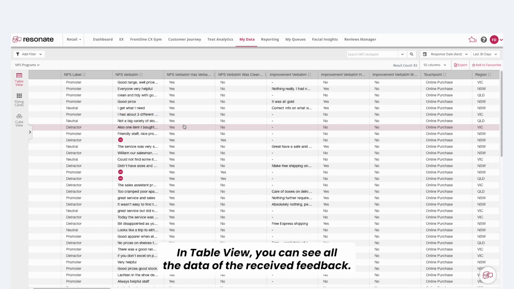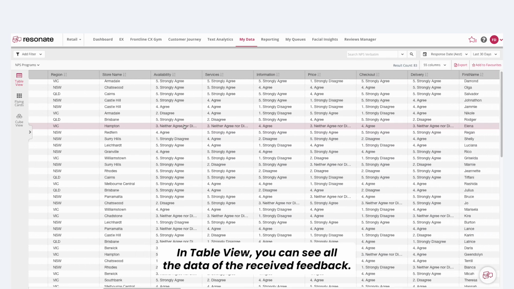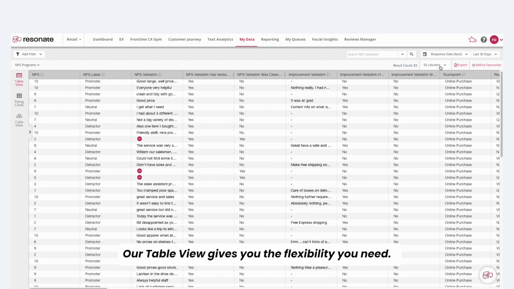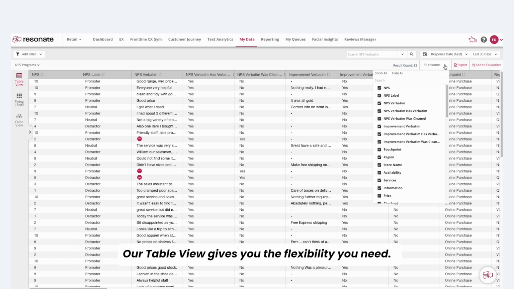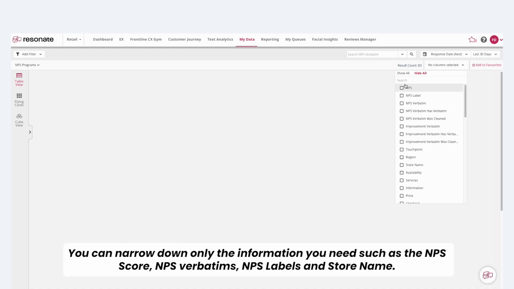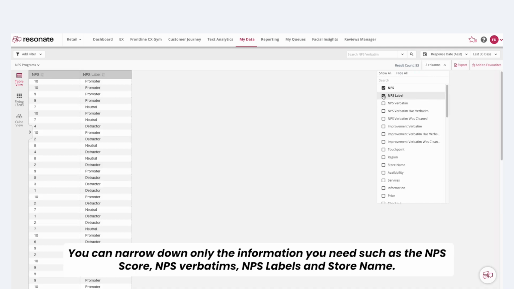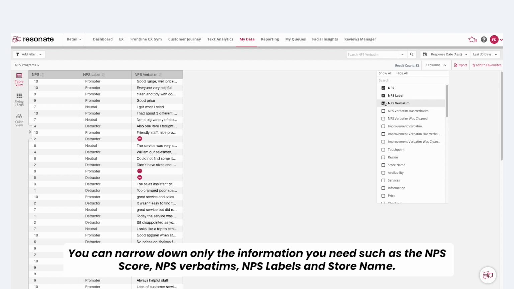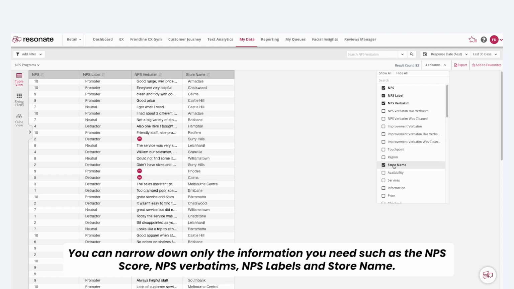In Table View, you can see all the data of the received feedback. Our Table View gives you the flexibility you need. Let's say you want to prioritize improvements or want to identify the best stores to pilot a new initiative. You can narrow down only the information you need, such as the NPS score, NPS verbatims, NPS labels, and store